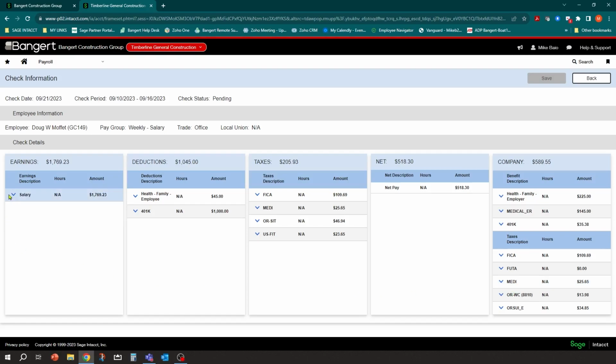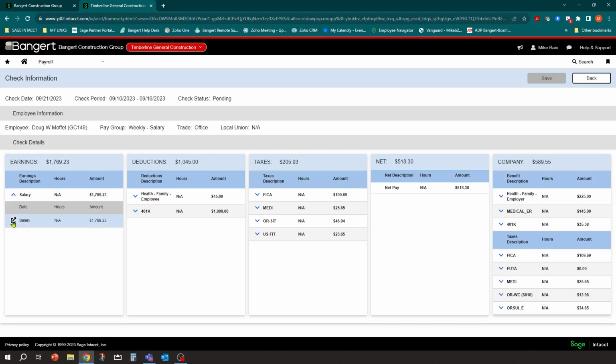So if I go in as far as the time goes, now I only have a salary individual here, so you don't see any hours, but if you had an hourly individual, you'll be able to edit either the hours or the rate. So how you know if you can edit the individual lines is expand it open. If I hit the down arrow here, if it was an hourly, I would have all the time entries here in detail and the dates.